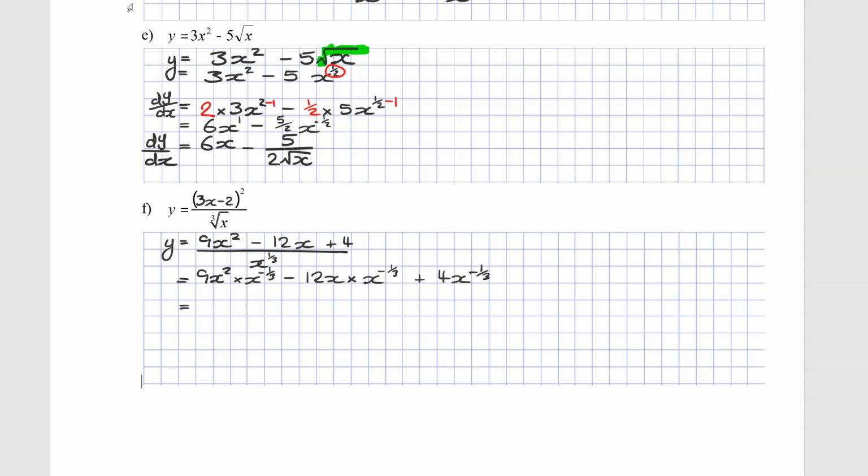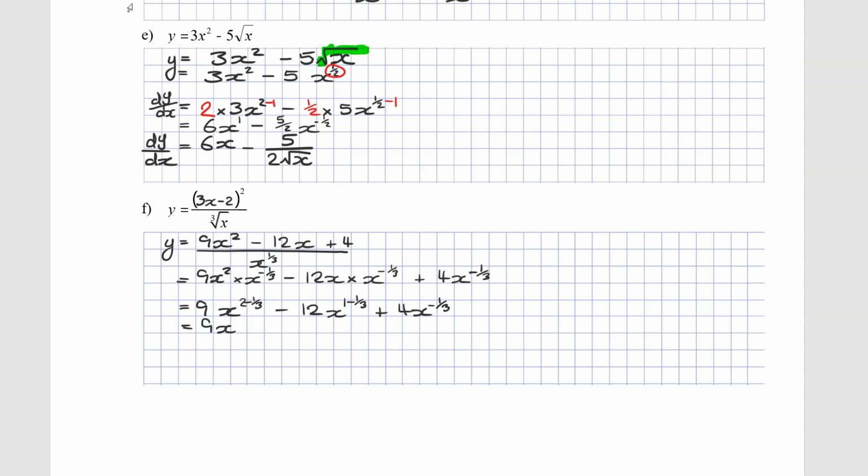The way in which we're going to do that is it will be 9, then 2 take 1 over 3 minus 12, and that will be x, 1 take 1 over 3 plus 4x to the negative third. Cleaning it all up, we're going to get